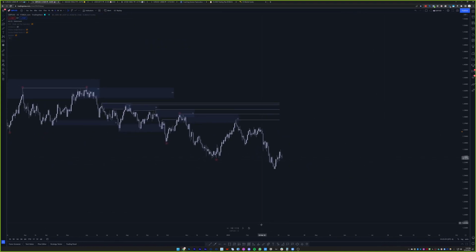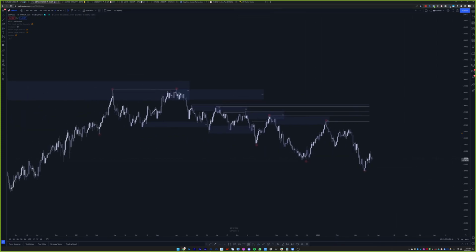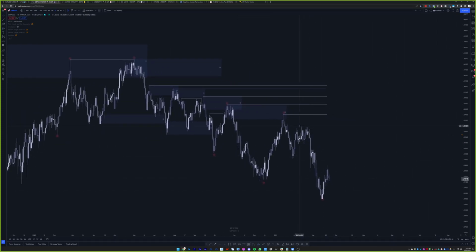So let's mark out the rest of our structure here. We have here to here, right? Makes sense, right? So again, this could be liquidity for this level up here. Just keep that in mind. That's one of those examples where, again, could be inducement in a sense, right? And why is this like a nice level of inducement? I'll mark it out as the proper thing here.